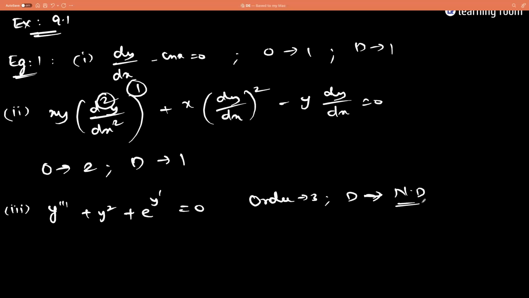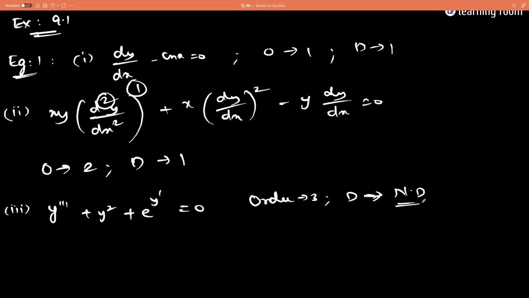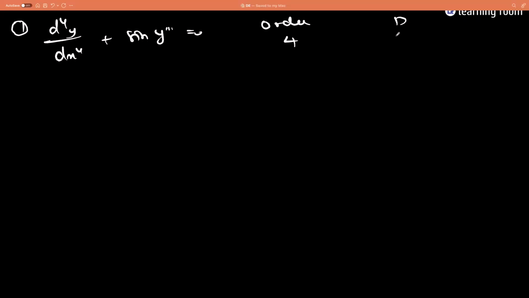Right. So based on this, let us solve some exercise problems. The first one in the exercise is d power 4 y divided by dx power 4 plus sine of y triple dash is equal to 0. Order is 4, degree is not defined. Second, y dash plus 5y is equal to 0. Order,